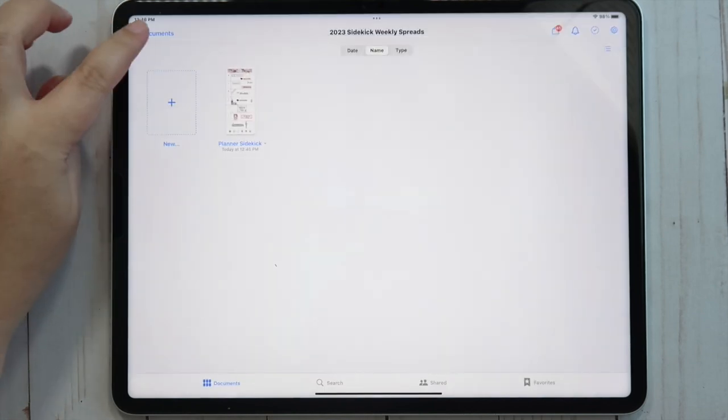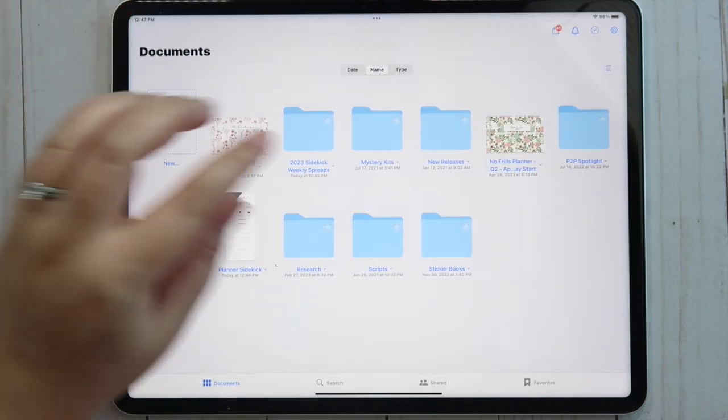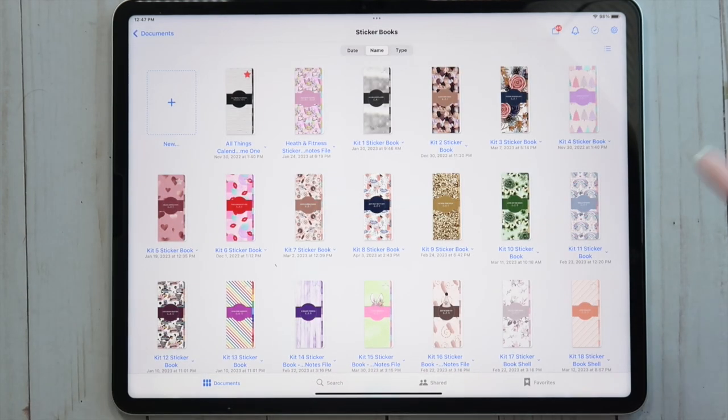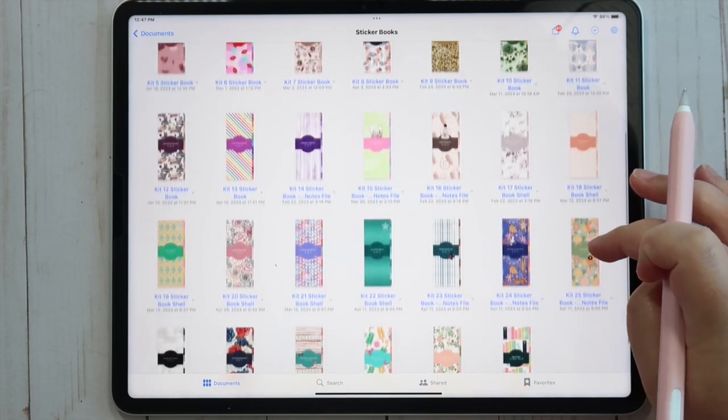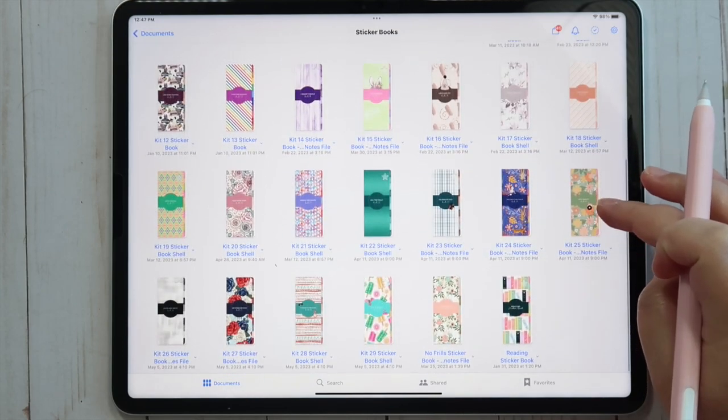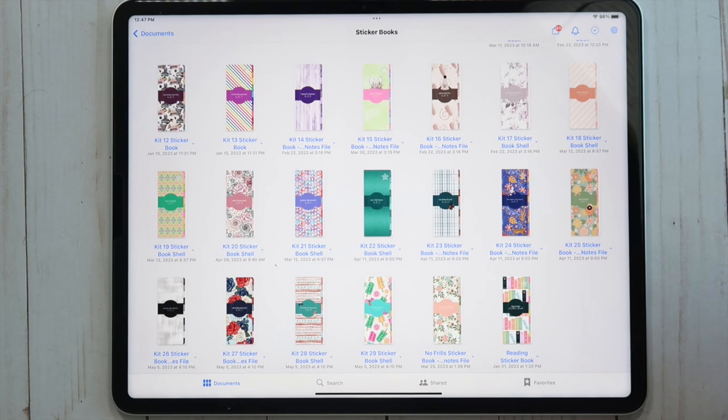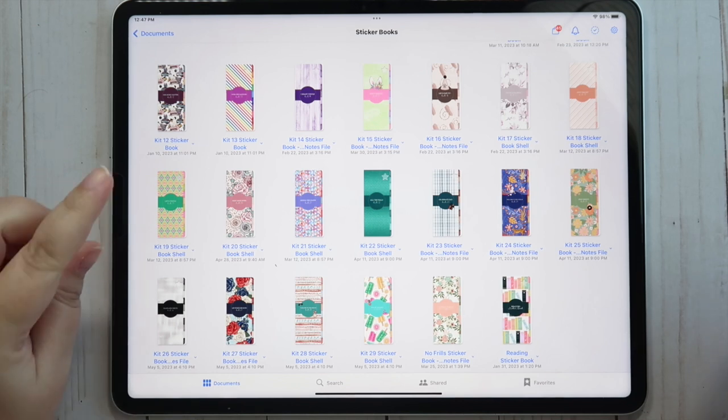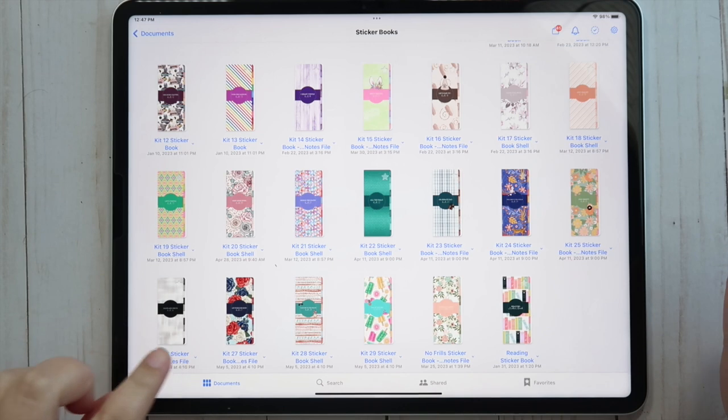So let's go ahead now and go to our sticker books and pick out a sticker book to use for this upcoming week. So let's see here, what do I want to use? I know technically Cinco de Mayo has passed, but I'm really sad that I missed this spread. Ooh, I've been really looking forward to using kit 26. I wonder if I should just use that one. I feel like kit 19 is still really fun though, because even though Cinco de Mayo has passed, there's plenty of deco and stuff in there that you could use any week, really.